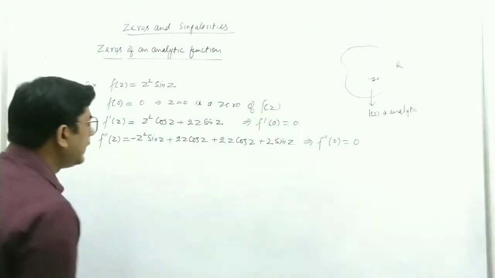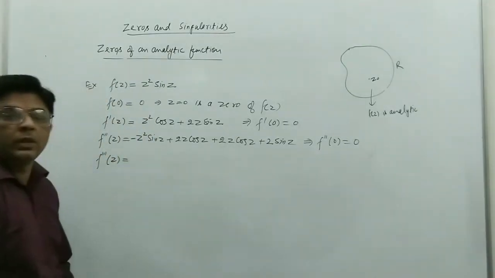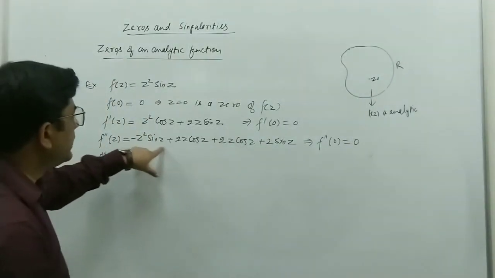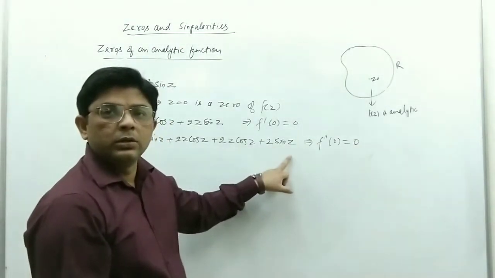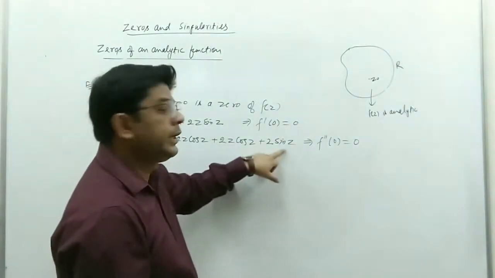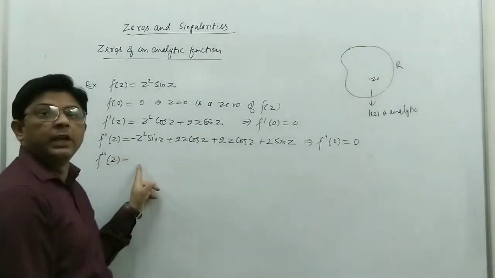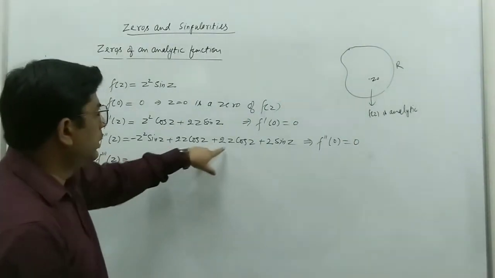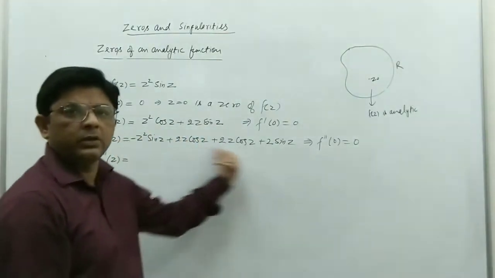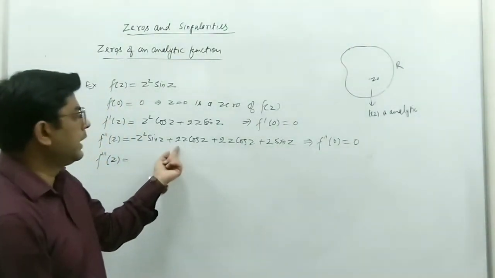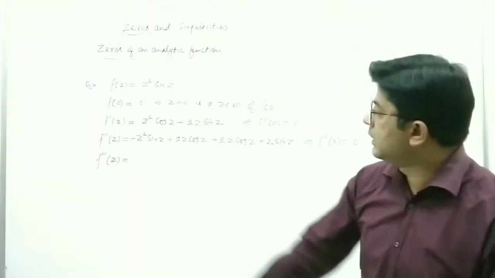Now we find the third order derivative. When we differentiate this again, you can see that this will be 2 cos z, and when we put 0, cos 0 is 1, so we get 2 from here. So this triple derivative will not be 0, because 2z cos z and 2z cos z will be 4z cos z. When you differentiate this, you will get some term with cos z, and cos 0 is not 0, cos 0 is 1.